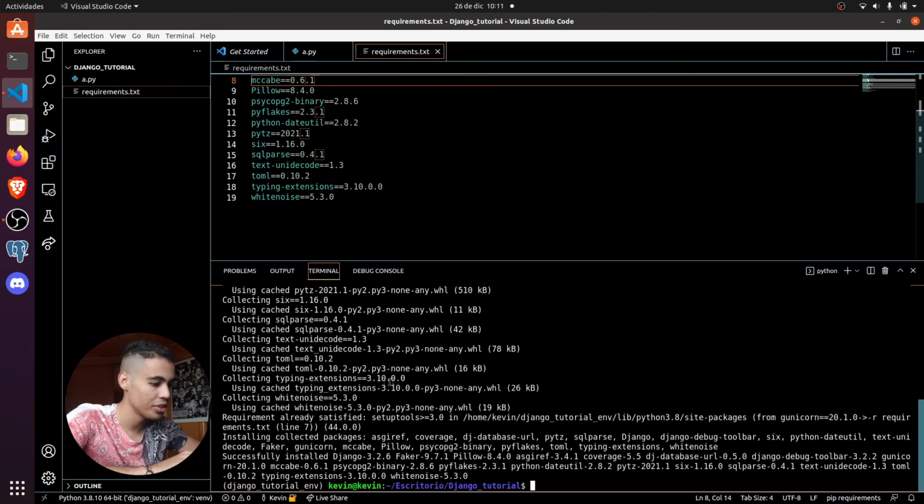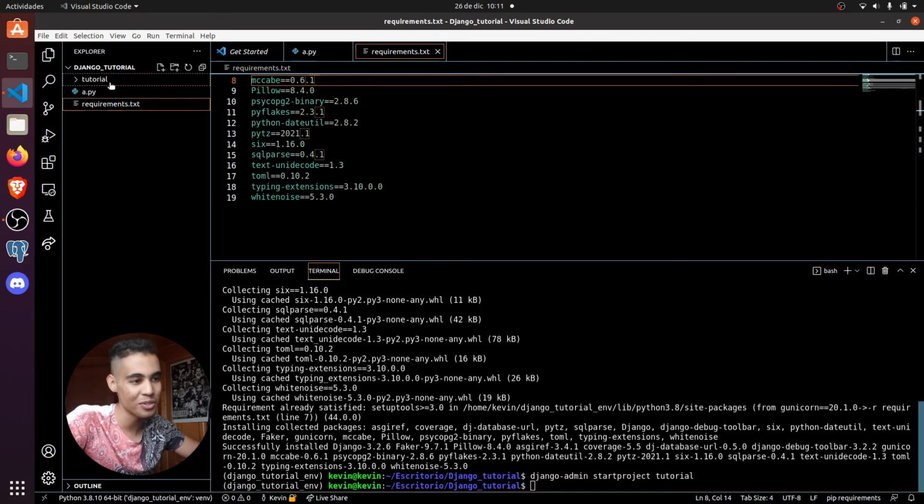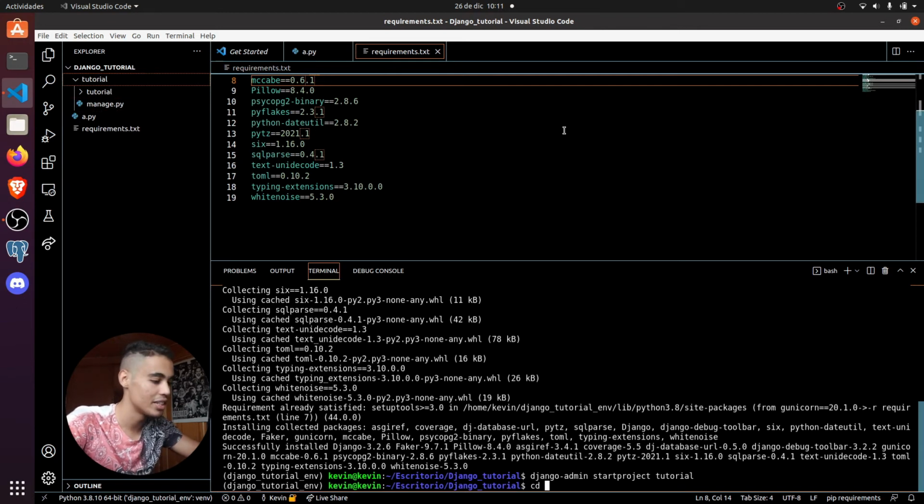But now what you need to do is to use django-admin startproject and you give it a name. If you do this, now you started a project, and as you can see here, this folder has been created with all this. So you have here now a project. The thing is that you have to come inside this folder, cd tutorial,